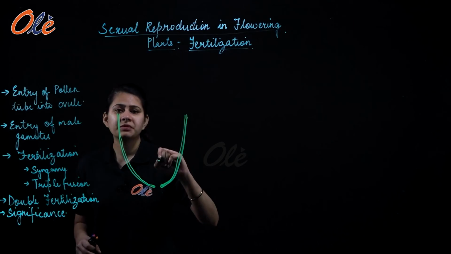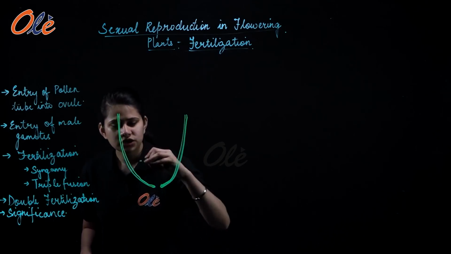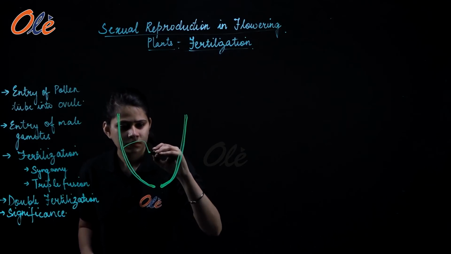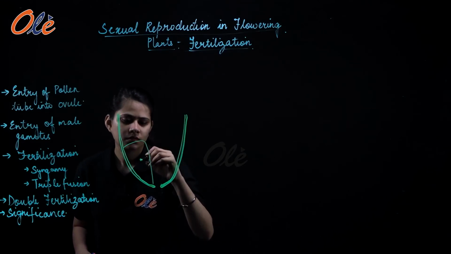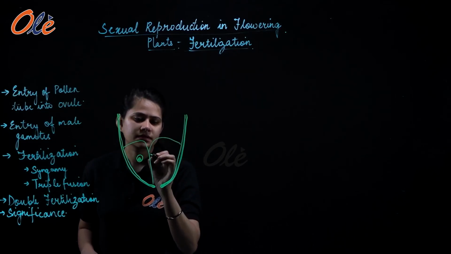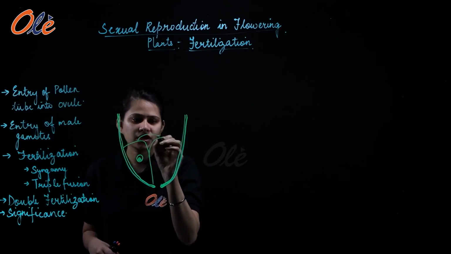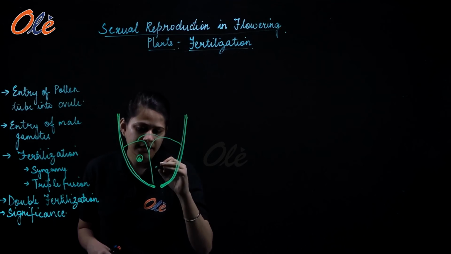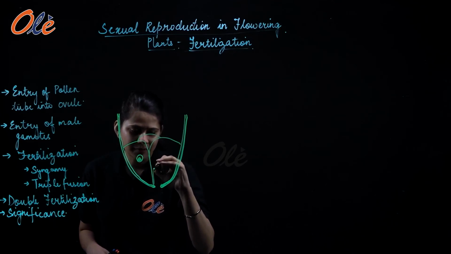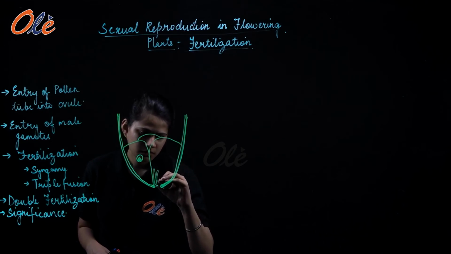Alright, so you people know that the egg apparatus is formed of 3 cells. तो एक हो जाता है egg cell, right? And then there are the 2 synergids, out of which I am drawing one. One is at the back, you can imagine that, right? So, and the synergids also have the filiform apparatus, which is finger-like projections, right?